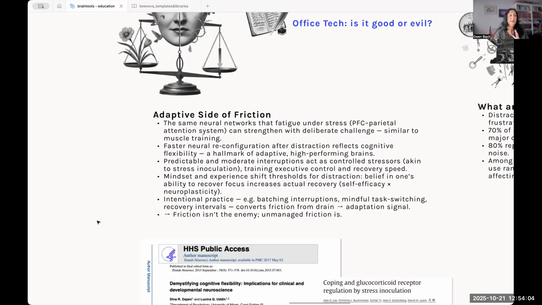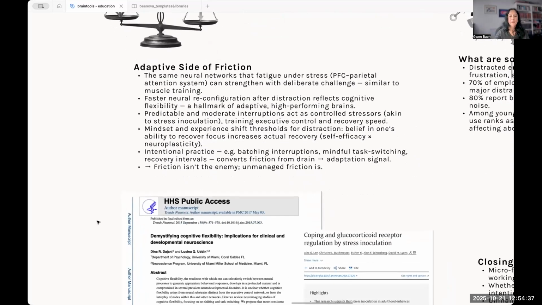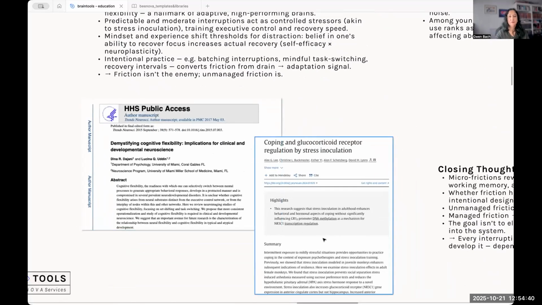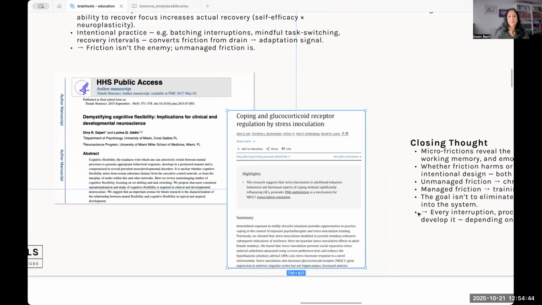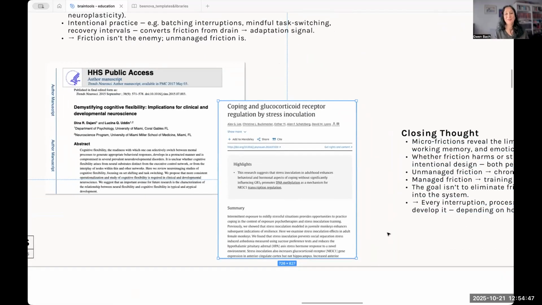Yes, and that definitely will reduce the friction and will reduce the drain. And our brain can learn, and we can adapt to this whole new situation where friction really isn't the enemy, but we can say that if we don't manage our friction, it is definitely the enemy. And most of us live in a workspace where we don't manage that friction very intentionally. And again, if you're interested in some of the research, I really like this one that goes into glucocorticoid receptors, and any of us who love Sapolsky will really like this one.